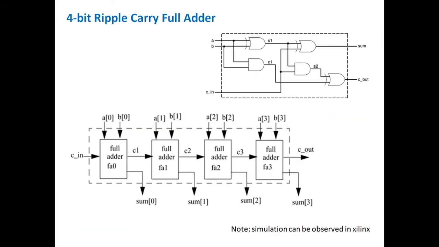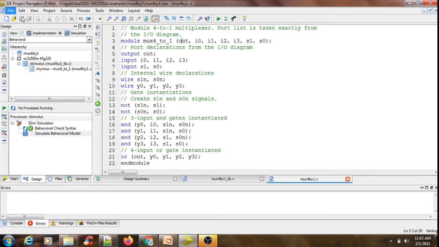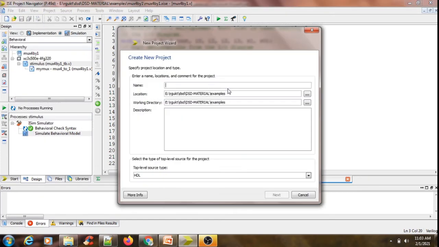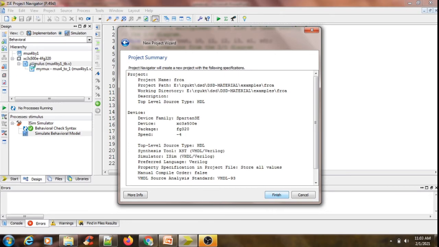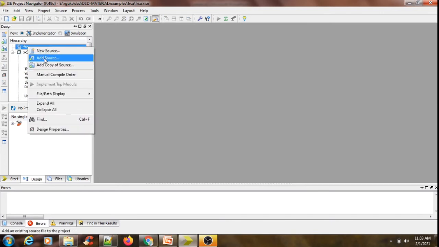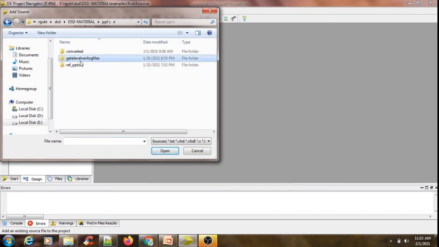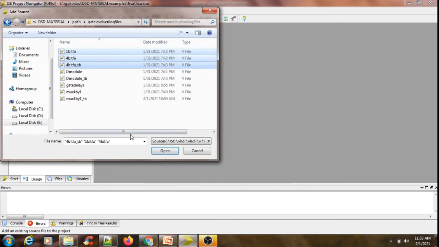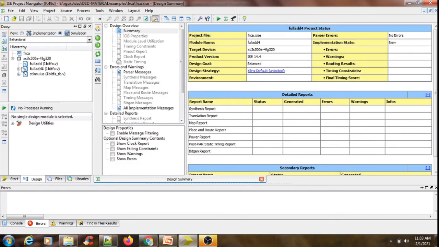So now let us realize it using Xilinx. Let us go with the simulation.